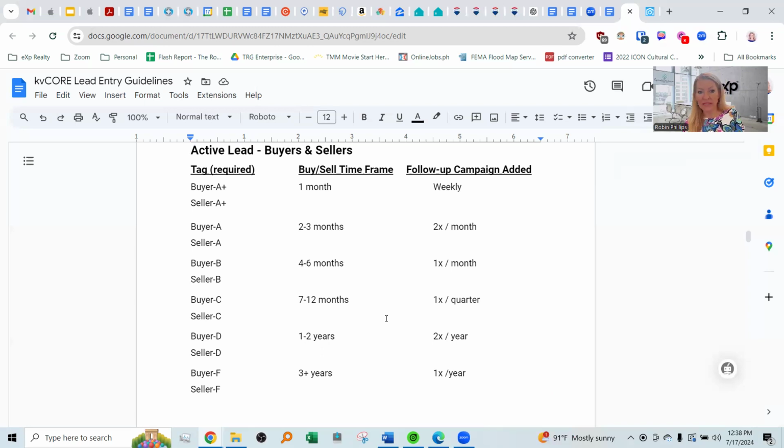But to your point, yes, their search needs to be set up in KVCore. And this is a little known fact: KVCore can modify the criteria in the search. So if for whatever reason the search is not giving you enough criteria and you're like, oh, this is a waste of time, I need to put them in my other system so I can narrow down the criteria more, then they can modify the search in KVCore.